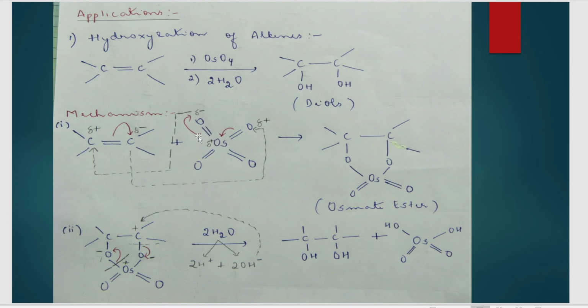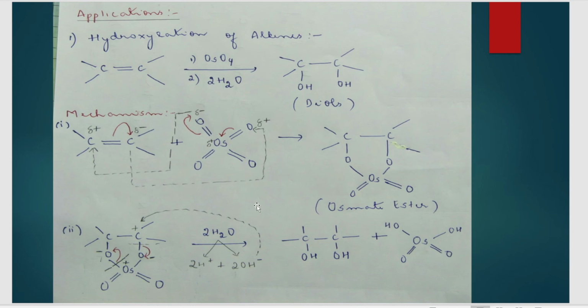What is happening here? One bond is shifting onto oxygen, so it is getting a negative charge, and osmium will get a positive charge. And from this side, one bond from oxygen is shifting towards osmium, so this positive charge is neutralized, but this oxygen is becoming electron deficient, so it is getting a positive charge. Once again, I'll tell you what is happening here. One bond is shifting away from osmium, one bond is shifting towards osmium. Here this oxygen is getting a negative charge, this oxygen is getting a positive charge.